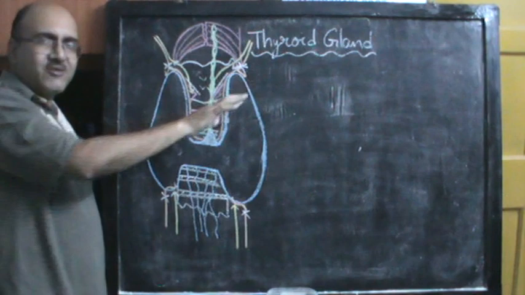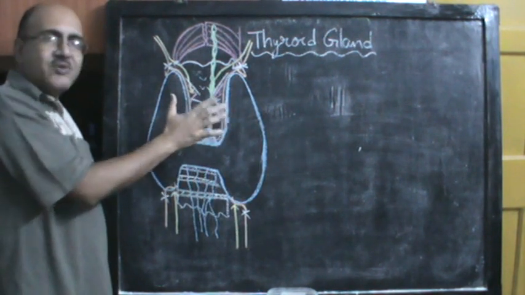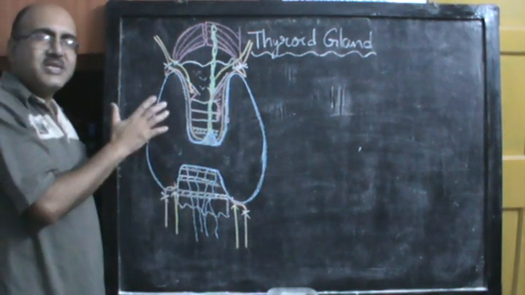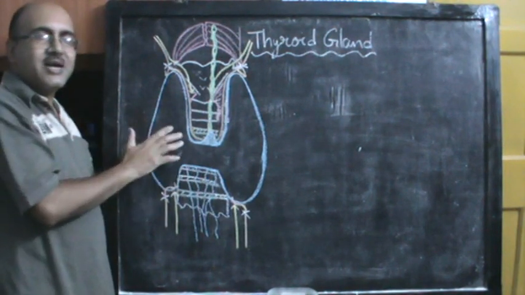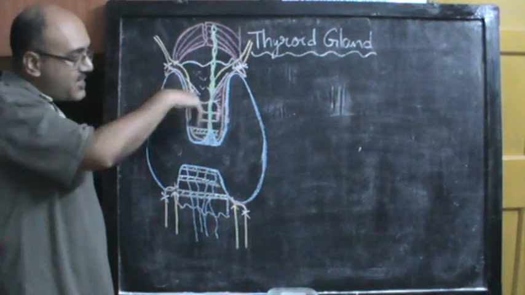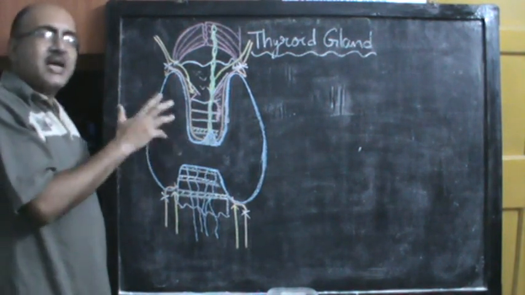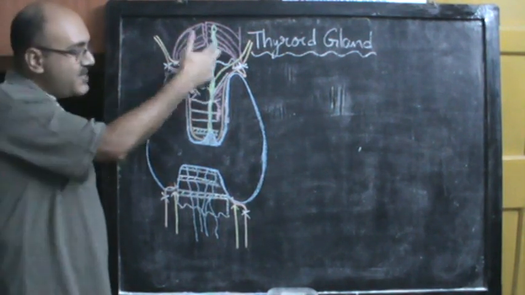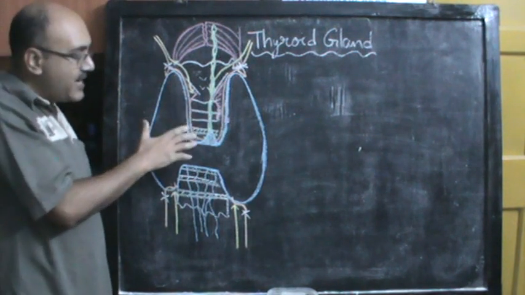When you have retracted all this and you have cut through these strap muscles, only then you can come to the thyroid, but even then the thyroid is not immediately evident in all clarity, because the thyroid gland is again covered by the pretracheal layer of the deep cervical fascia. So the pretracheal layer of the deep cervical fascia invests the entire thyroid gland and it forms a sort of false capsule around the thyroid gland.